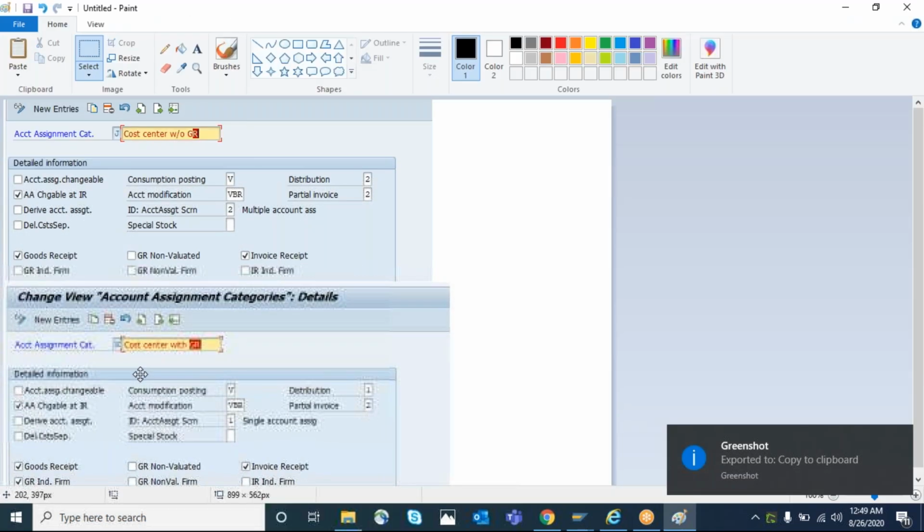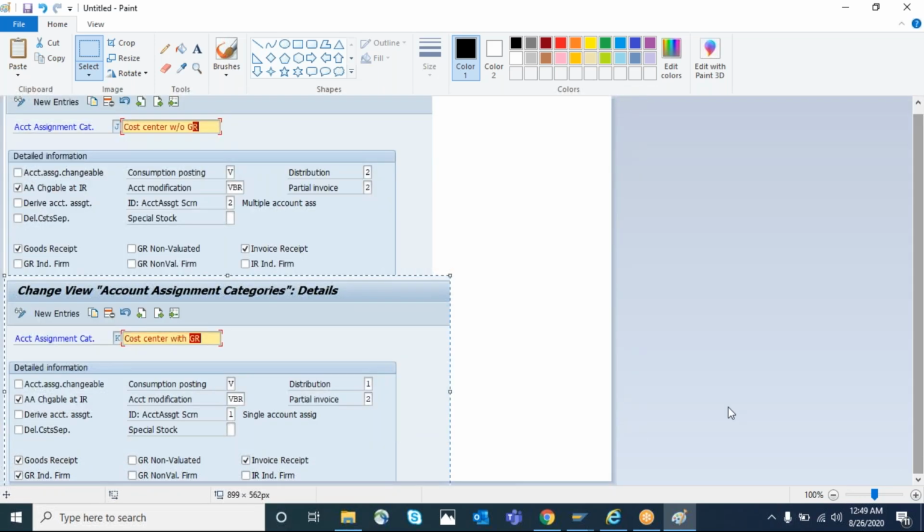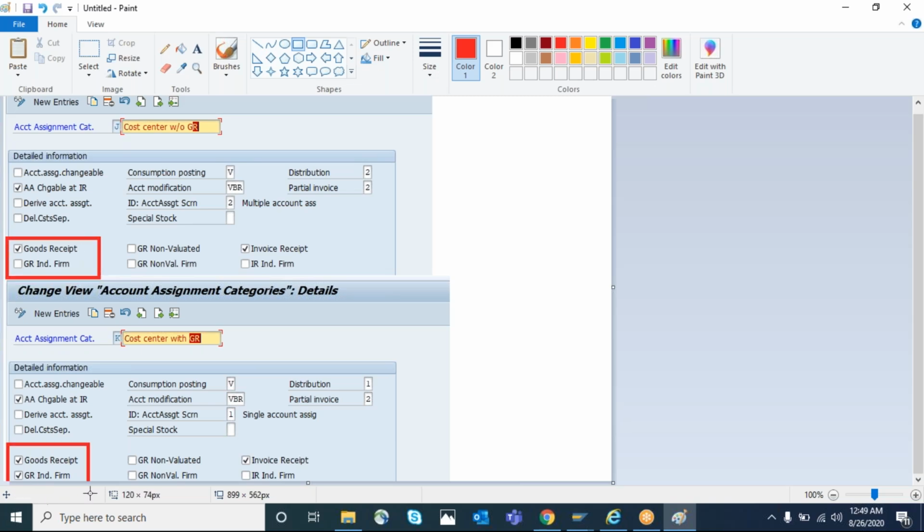We created one. You need to understand the purpose of the respective activity. For J, I have not put the flag. Let me highlight that. For J, I have not activated the form indicator. For K, we have activated the form indicator. That's what we can understand. This is K and this is J.